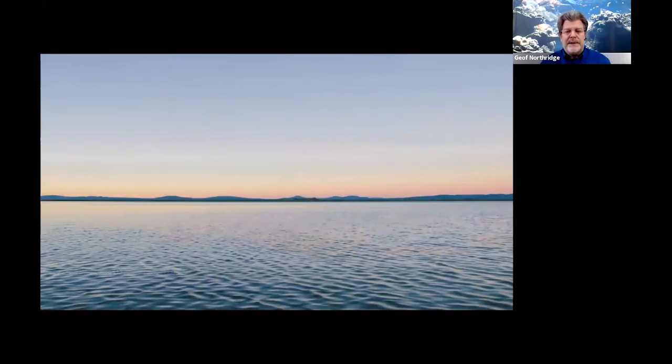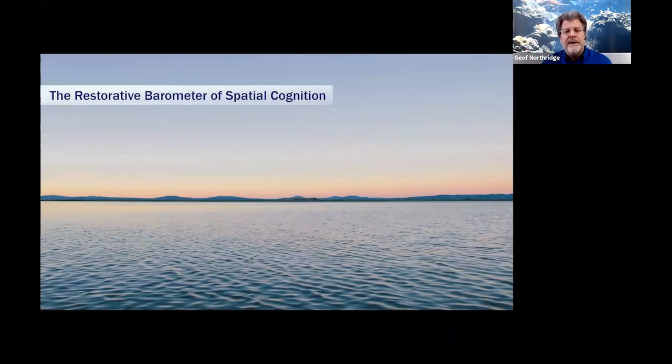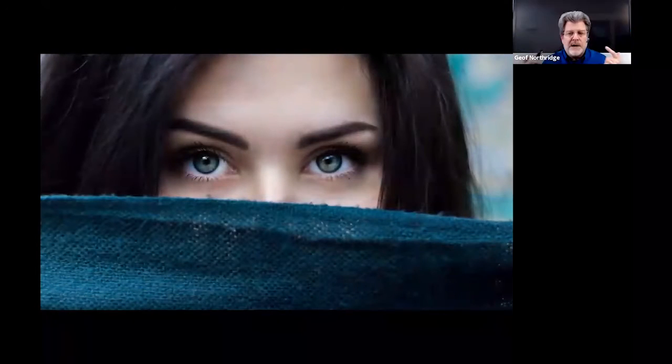In any environment, inside or outside, natural or artificial, the zenith and the horizon line serve as environmental anchors that shape our experience of space. We cannot underestimate the importance of visual input and spatial awareness to our well-being. When we have our eyes open,